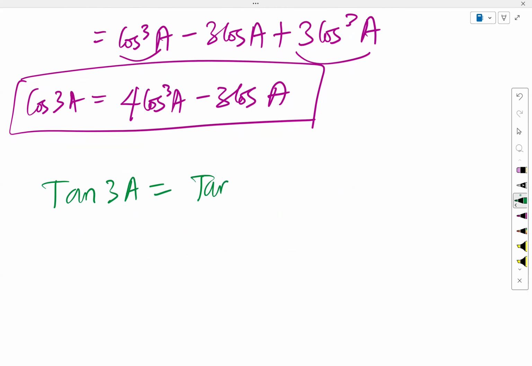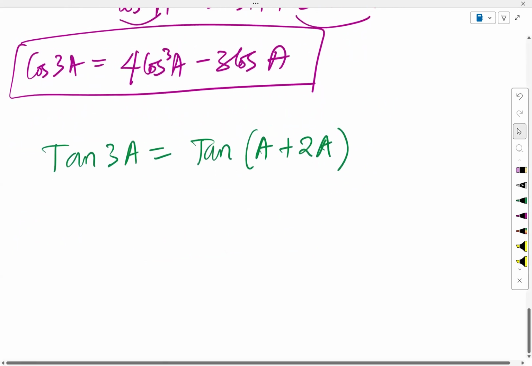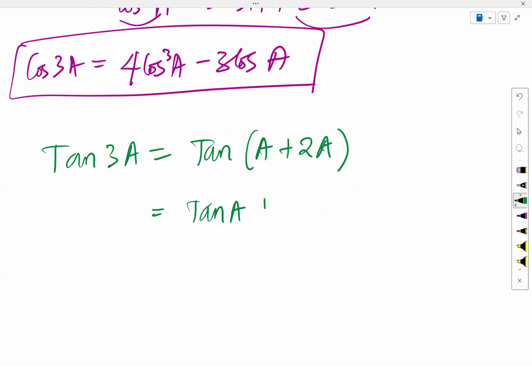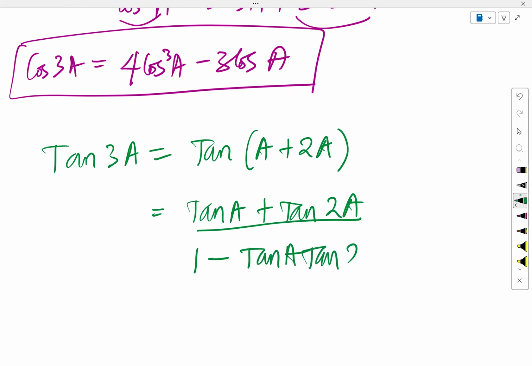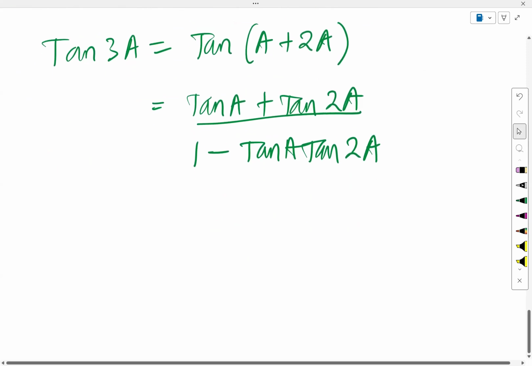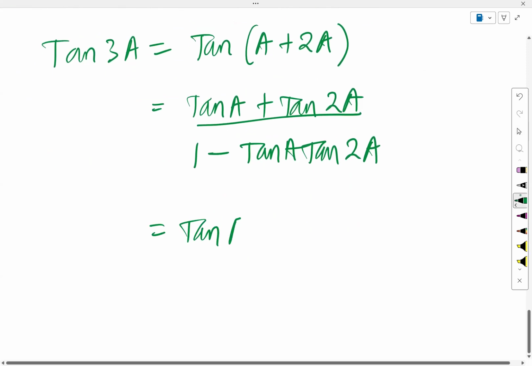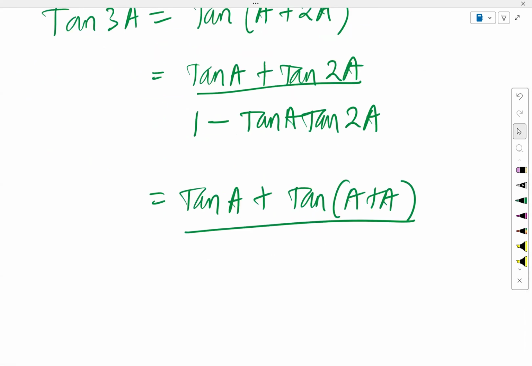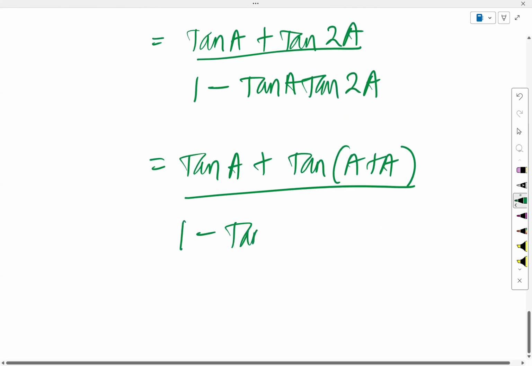So we know tan 3A can be tan of A plus 2A. We can actually go the sine over cos route, but in this case, since you already know the pattern for tan, we can follow the pattern. So this will be tan A plus tan 2A all over 1 minus tan A tan 2A. And if that is the case, that means we have tan A plus tan of A plus A, all over 1 minus tan A multiplied by